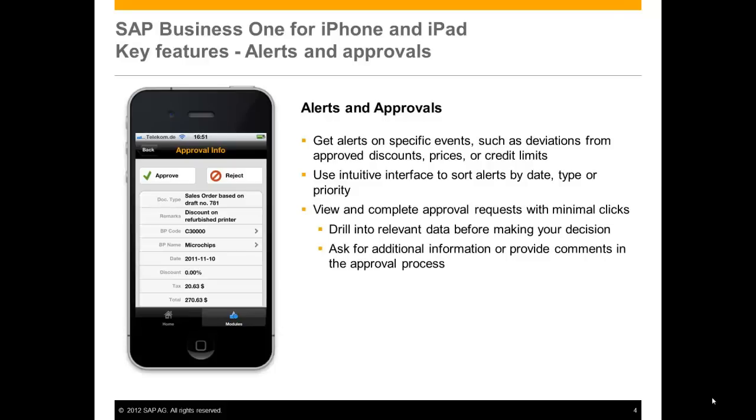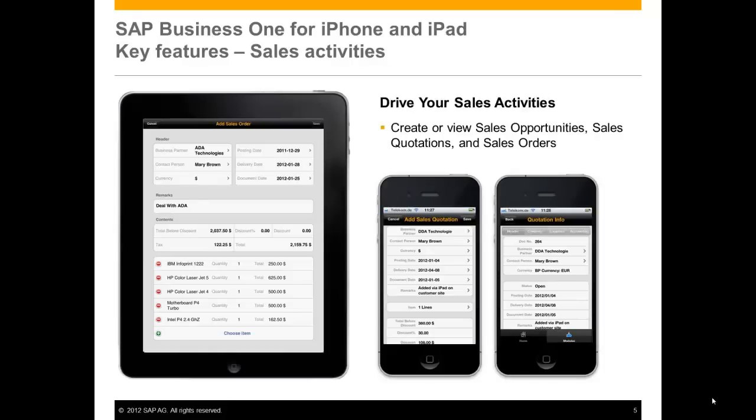And of course, before you make your decision, if you wish to ask for additional information or provide comments during the approval process, you can do that from the application and have that automatically going through in real time to the other people inside your organization. And of course, if they're utilizing the Business One mobile application, they'll get it on their iPad or iPhone as well. One of the key things which is new in version 1.5 is we have added the ability,